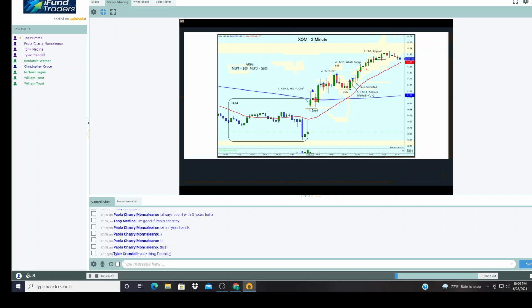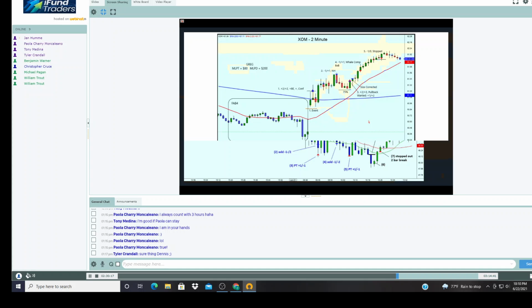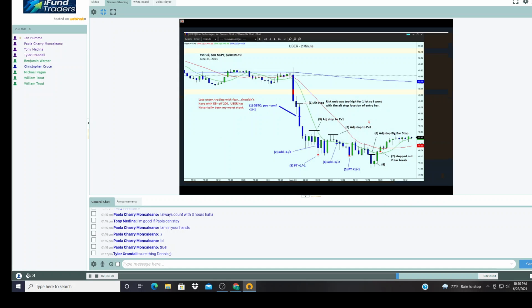Why is using a bar by bar stop a bad thing to do? Because often what you will see, that you were lucky here, because look, this is higher, higher, higher, higher, higher, right? Okay, but that doesn't happen very often. Very often you'll see this. This one goes a little lower, you're out, right? And it goes on. But this one here goes a little lower, and you're out. So bar by bar stops will nick you out of power trends more often than not. In this case, it happened to work, but in most cases, you'll be nicked out before the power trend is ending. Okay? So when you see a power trend, you trail it as a power trend. Okay? All right.